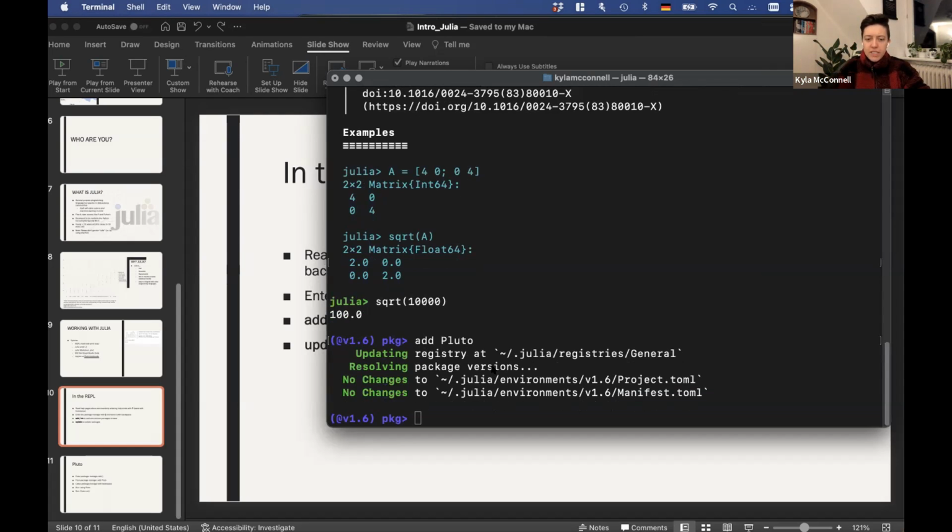You're probably going to get more text than me because I already had Pluto and I actually updated it last night, so it has no work to do. But you'll probably get a very long list with little spinners and all sorts of text coming up that will be adding this package to your Julia installation. So again, I'll pause for a few minutes to let you catch up, and let us know in the chat if you have questions.